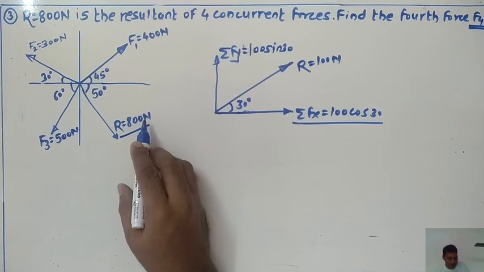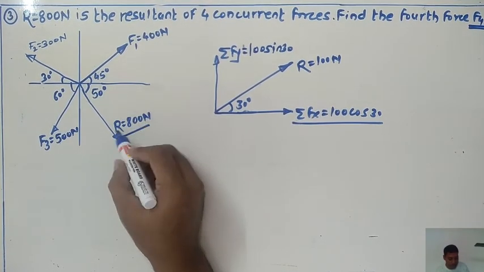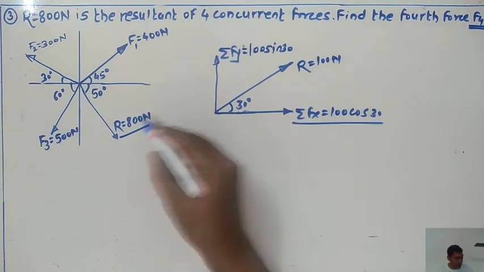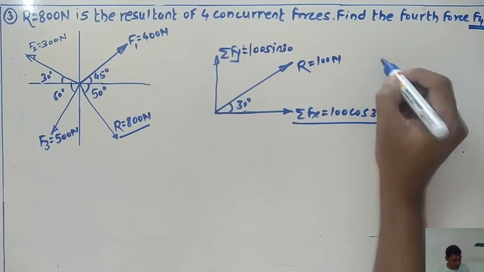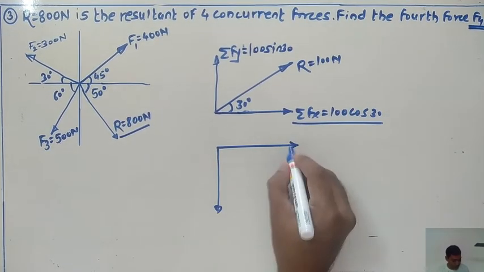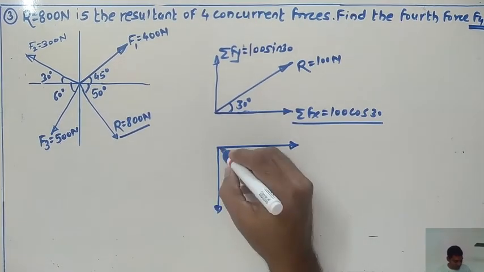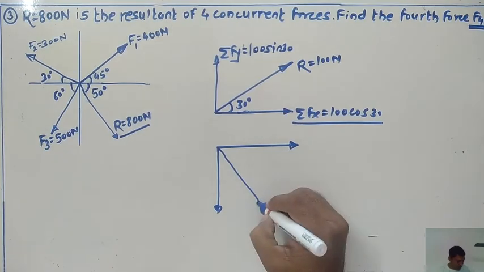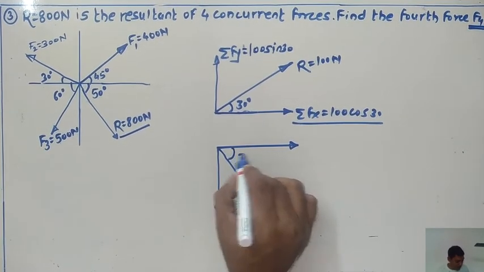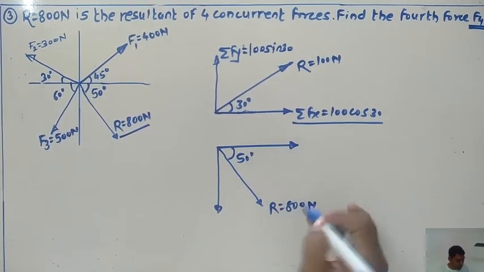Okay. So if you look towards the quadrant for this R, which quadrant does this R lie in? If I draw the picture for this one here, R lies in which quadrant? Again, I'm repeating, I'm just giving the explanation. For this one, R is 100 Newton. That makes an angle of how much? 50 degree. So what about the horizontal component of this 800 Newton?